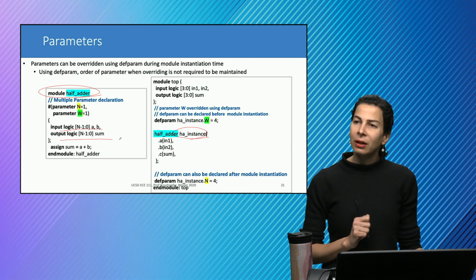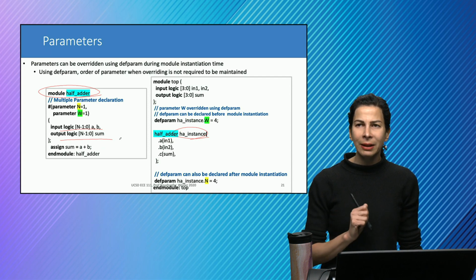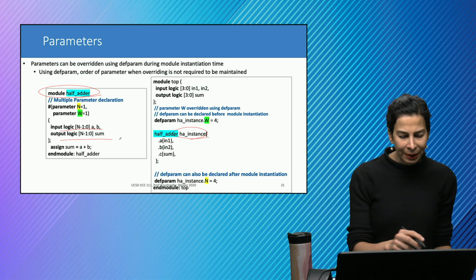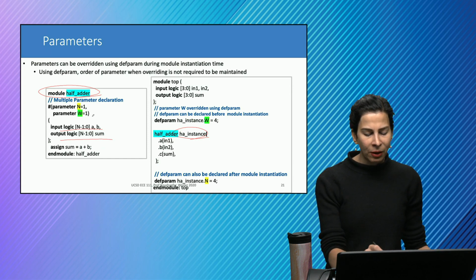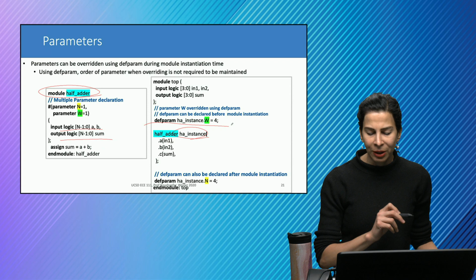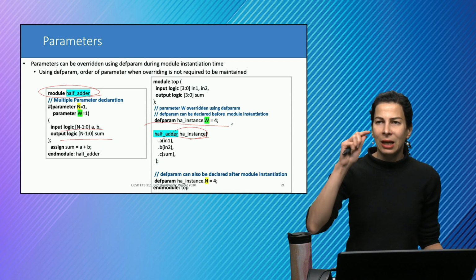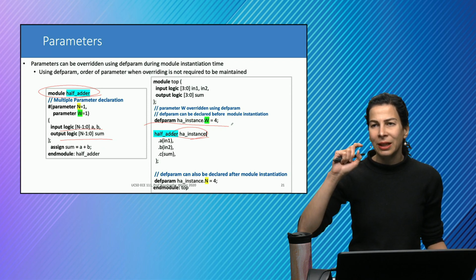And now here I'm defining, there was a parameter in my adder, and that parameter I can redefine here. I had a parameter width equal to 1, but here I'm going to define the parameter